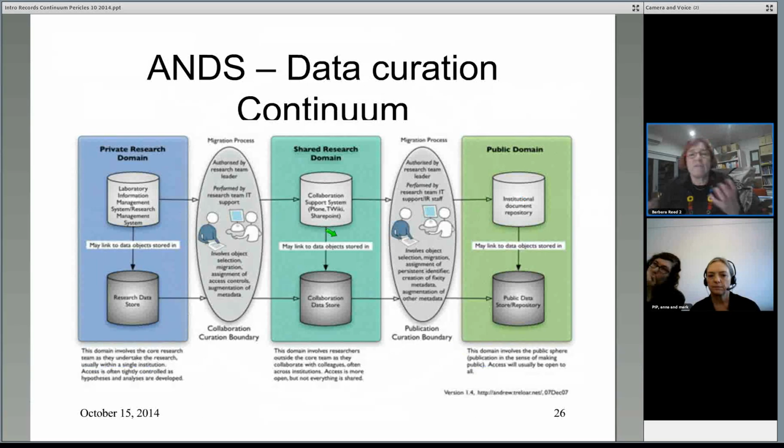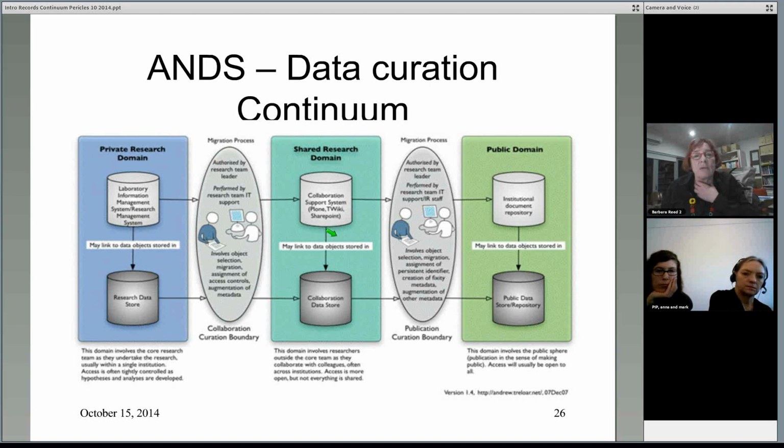To nearly finish up, this is in fact what the ANDS guys, the data curation guys, have done with the information model. You'll see it's a very different presentation, but really think about these as,